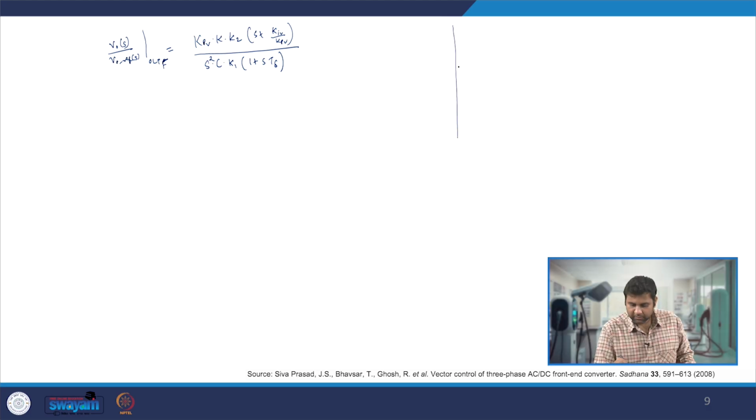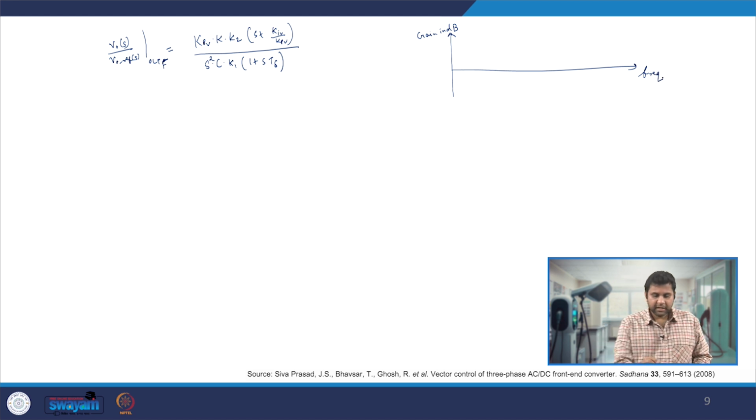So in this, if you look very carefully, if you try to draw the Bode plot of this particular system, just the gain plot, what we have is gain in dB with respect to frequency. We see we have two poles at S equal to 0, that means we are having very high values, and since we have two poles, we are falling down with minus 40 dB per decade.